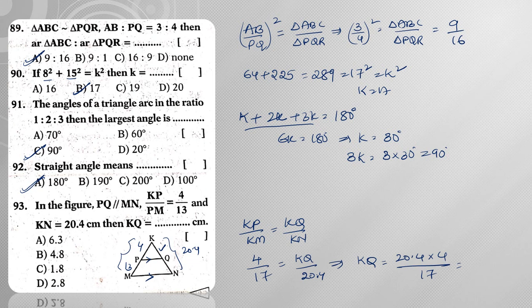Now on doing simplification, so 4 4 is 16, right? So 4 2 is 8. So this is 81.6 by 17. So 81.6 by 17 means, so 17 fours are 68, so it is nearly 4.8. Right. Next, moving on to question number